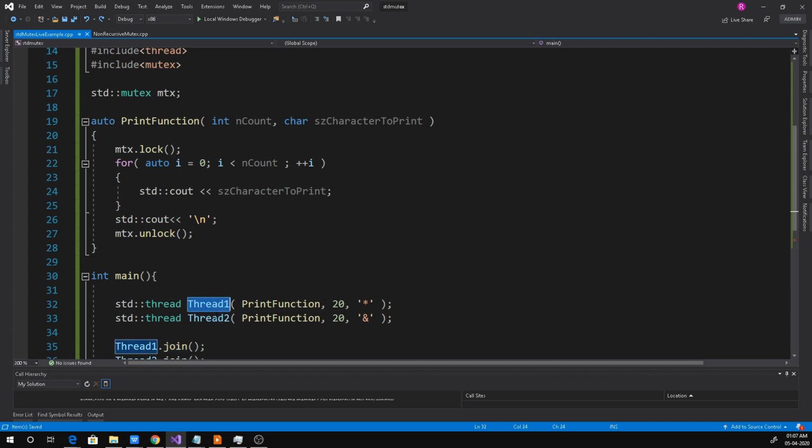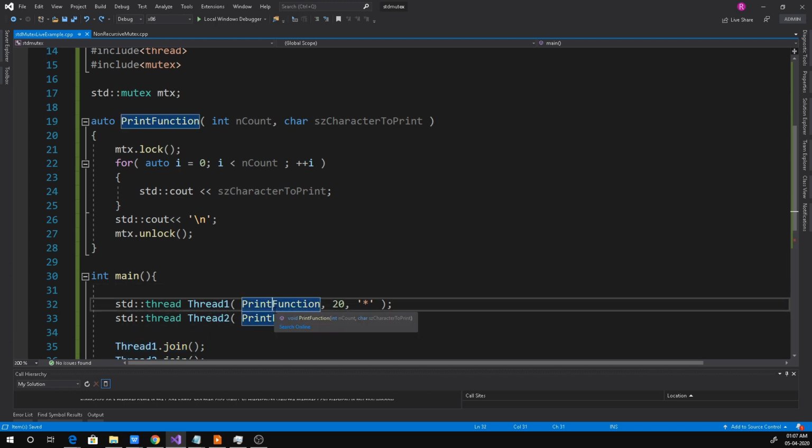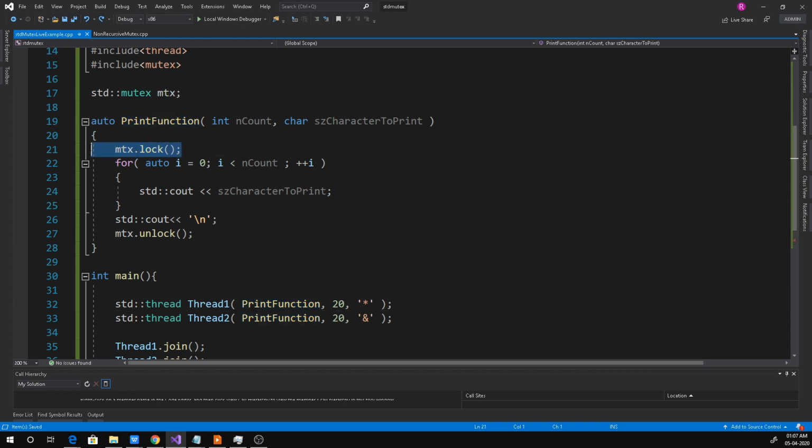The two threads start executing this thread function. Only one of the threads will get the ownership of this mutex, and the second thread will wait for the ownership in the mutex lock function. Once the first thread which got the ownership of the mutex has completed its functionality, that is, has completed the printing of the characters for n count times, it will release the ownership using mutex unlock.